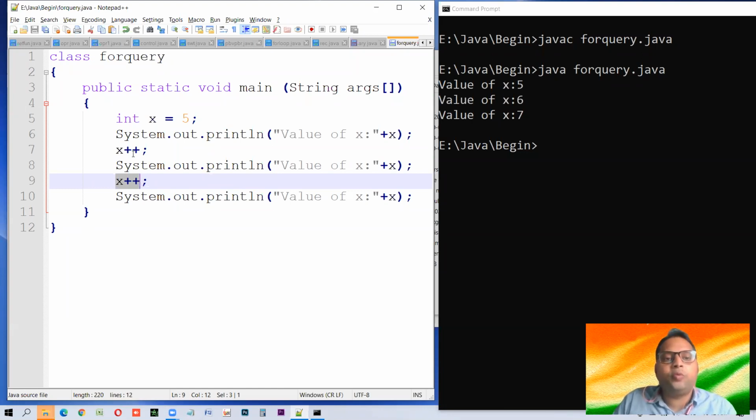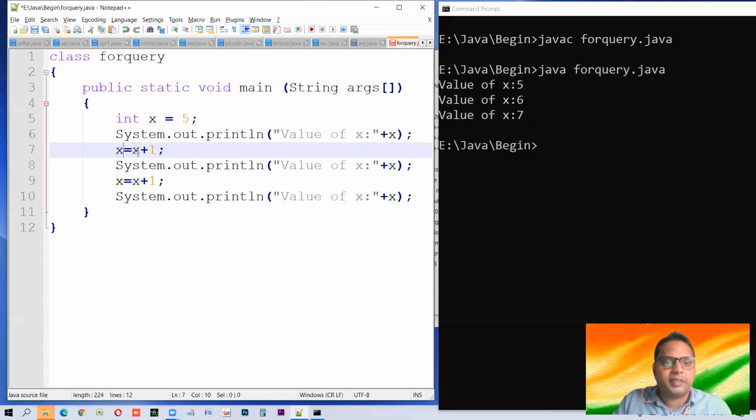Now this is what we do when we want to increase by 1. The other thing we can do for increasing by 1 is like this: x is equal to x plus 1. This also does the same thing. Now try to understand how it is working. What we are doing is assigning. This is the assignment operator. Whatever the value of x is, what is the value of x? The value of x is 5, plus 1, this becomes 6. So assign 6 to this x.